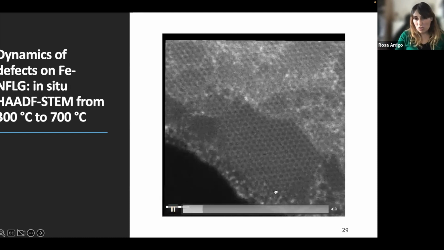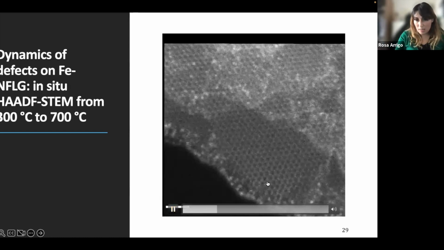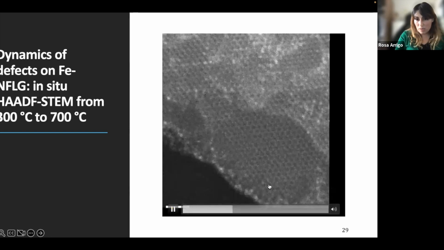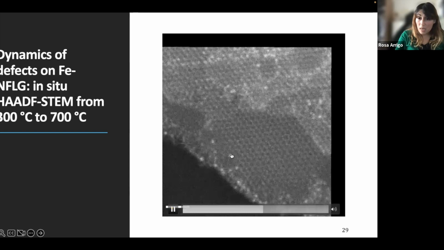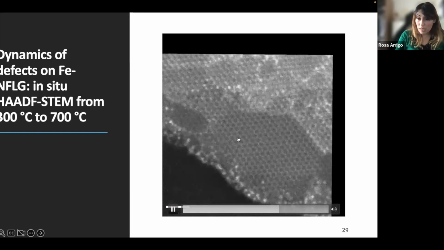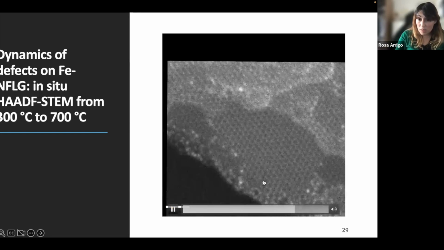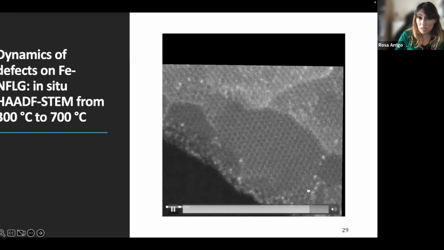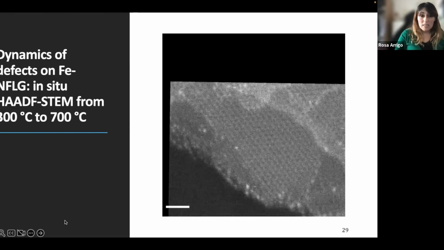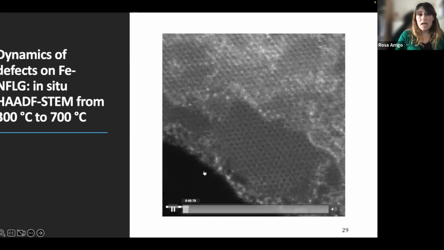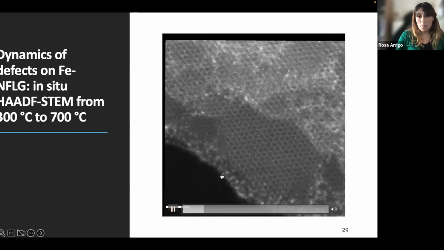Now, if you look at this side, you will see that at some point the iron atoms will start to migrate. They are very mobile, and then we start to form isolated iron atoms. You see here, this particular one here, and this one here, and then also here. Right, and this was between 300 and 700. Now, if we stay at 700,